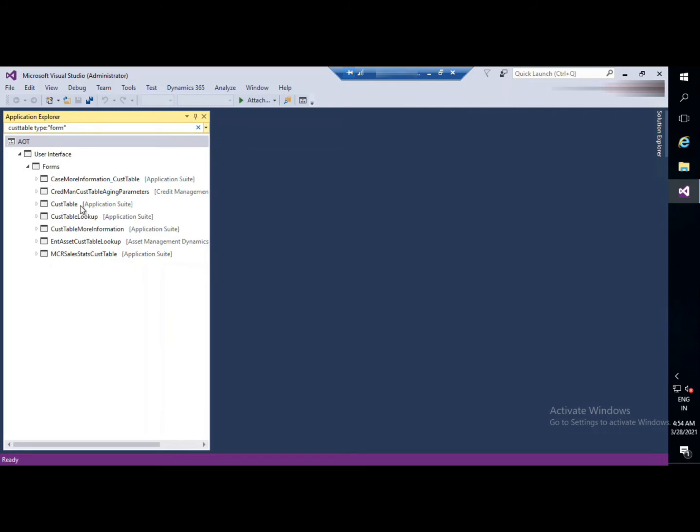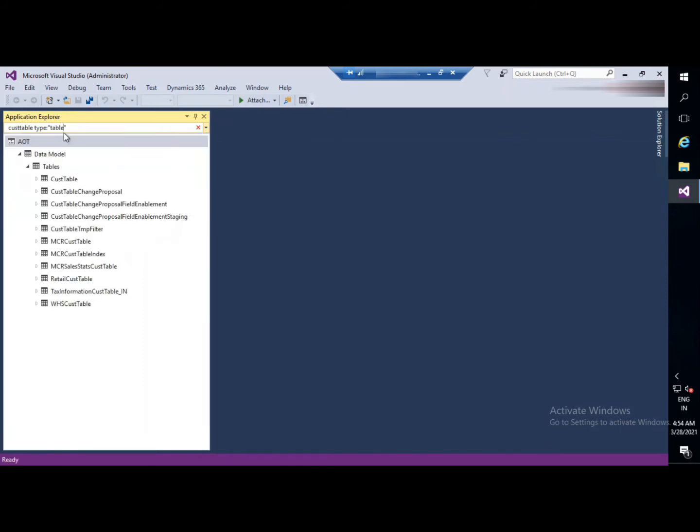So we can directly click here and create an extension. For example, if we need the table, in the place of form you just write table, that's it. Whatever tables are associated with this name CustTable, you will be able to see here.